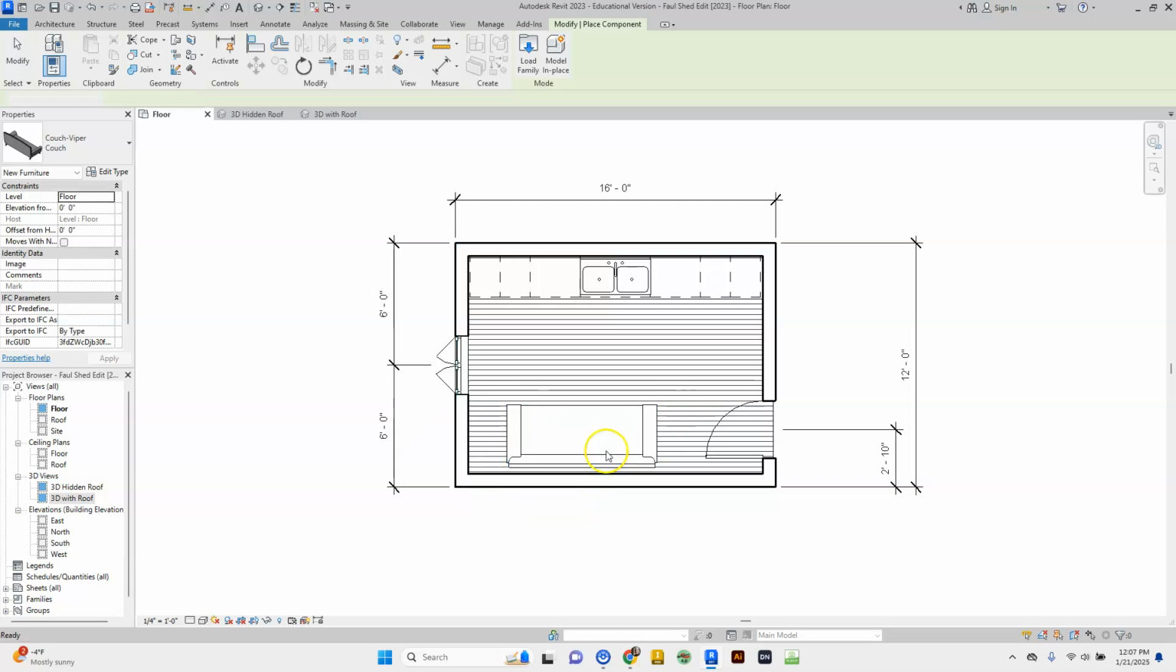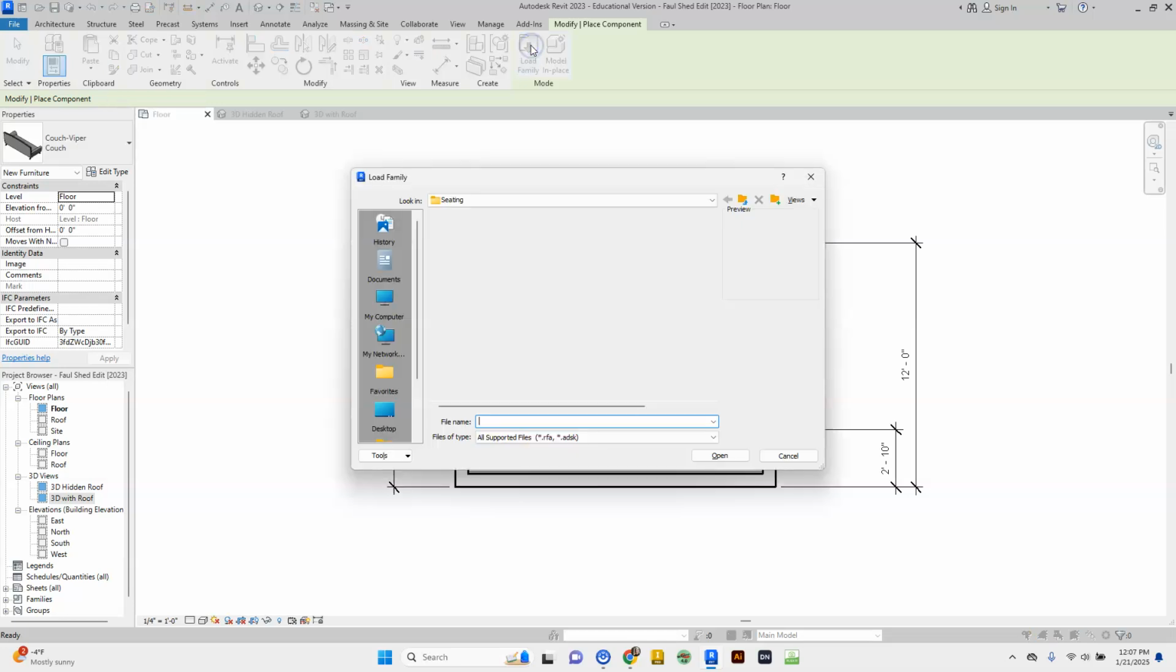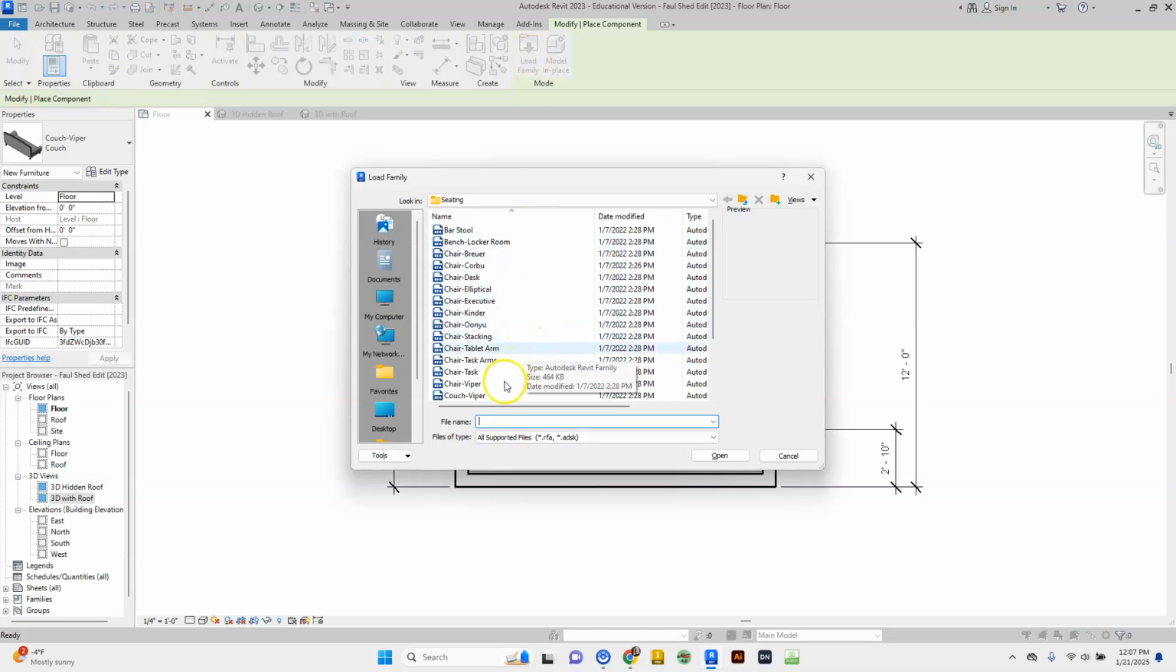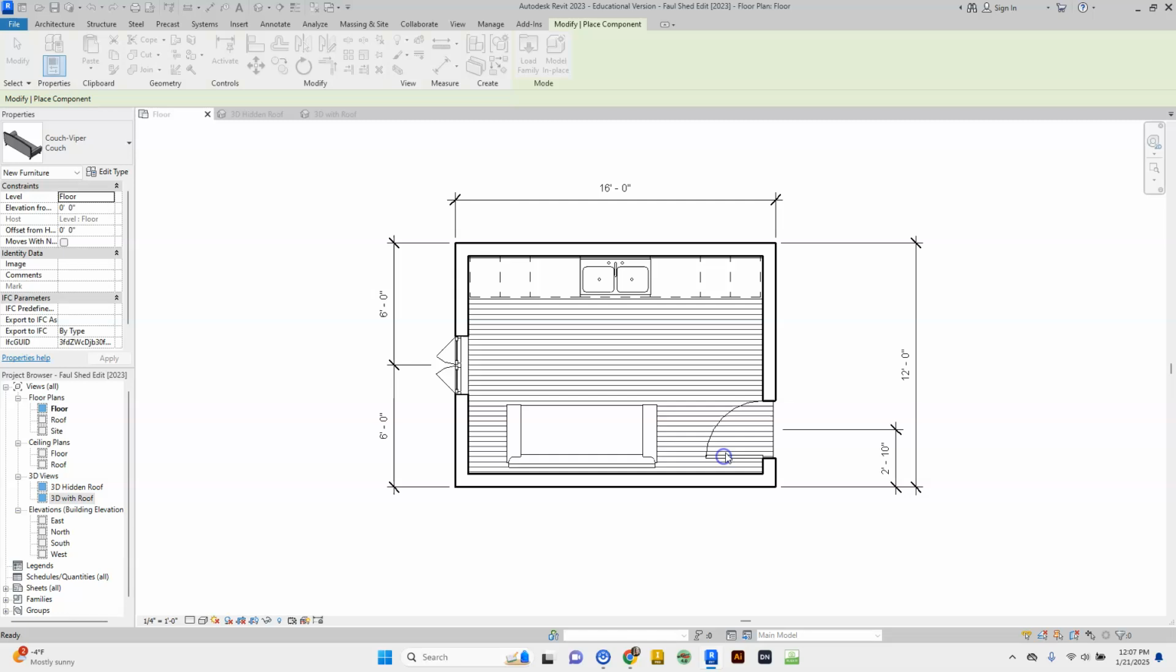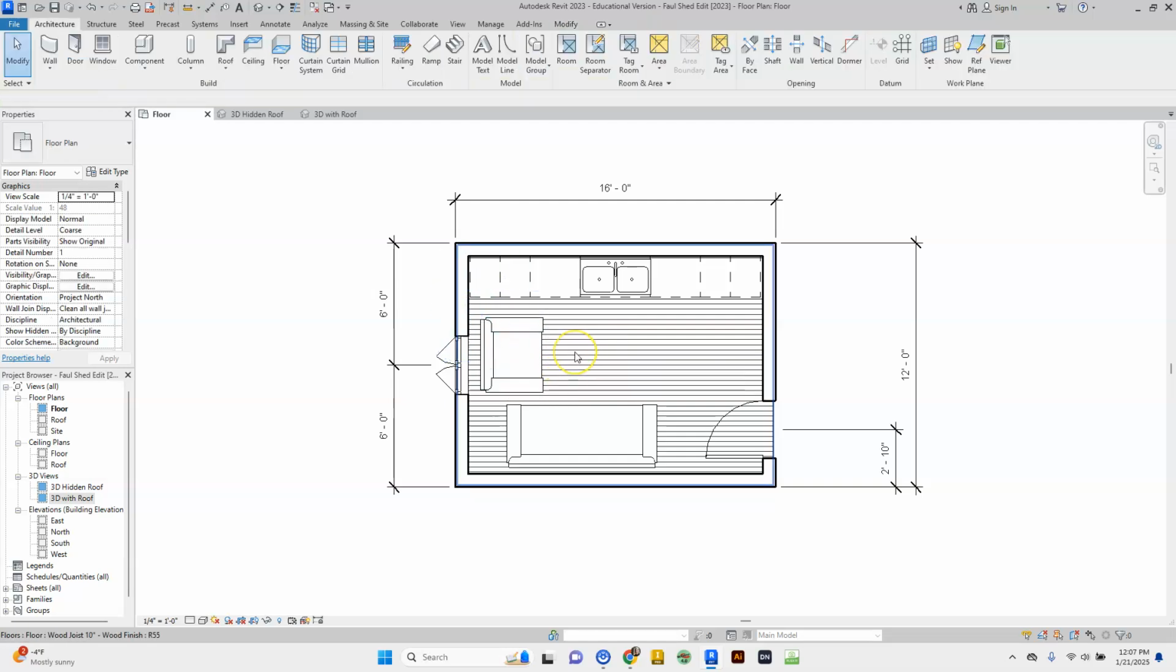And I'm going to hit escape 2 times. And now I'm going to add in the matching chair. This really takes up a lot of space in my little teeny shed. You know, I might end up taking some of that out, but for now, that's going to work. And now we're ready to get this